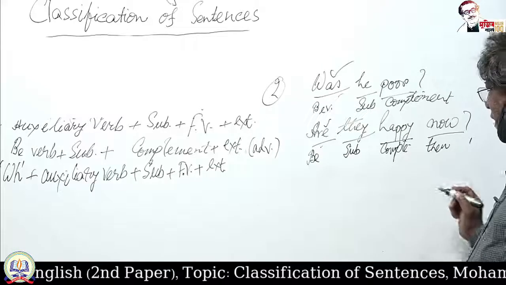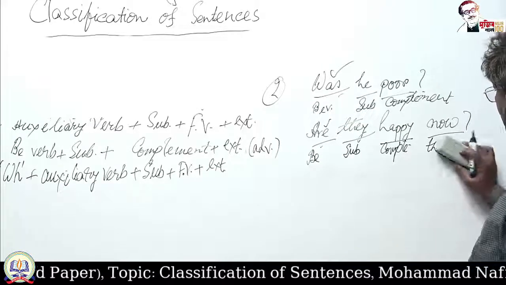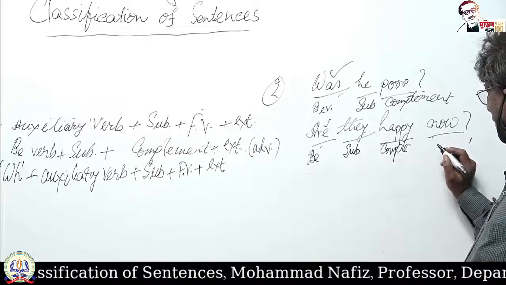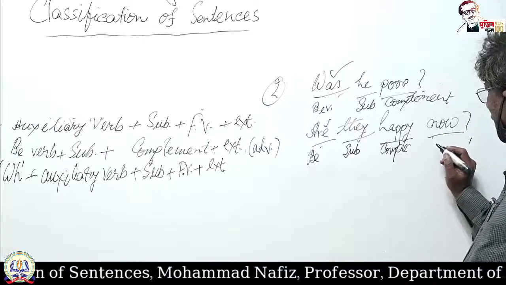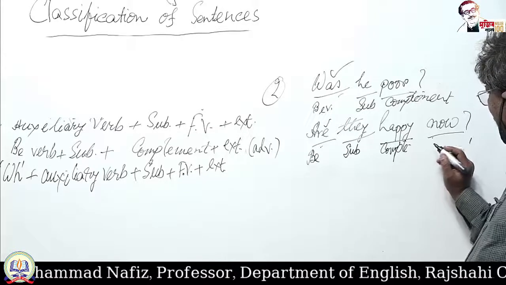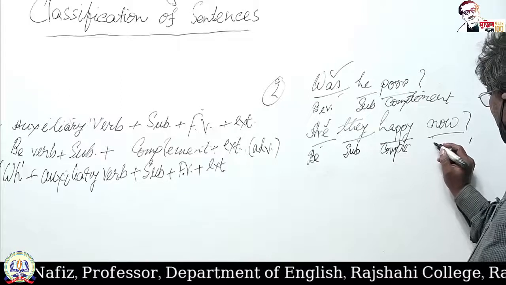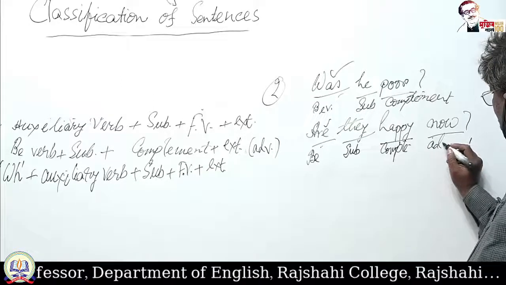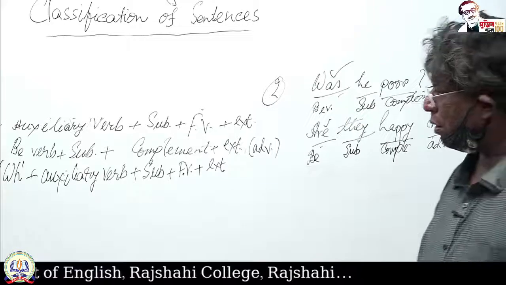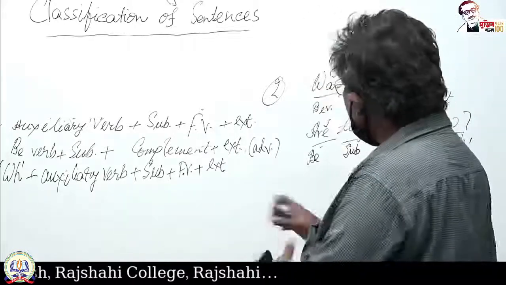In the sentence, are they happy now? Are is the be verb used to make the interrogative sentence. They is the subject of the sentence. Happy is the complement, and now is the adverb. Finally,